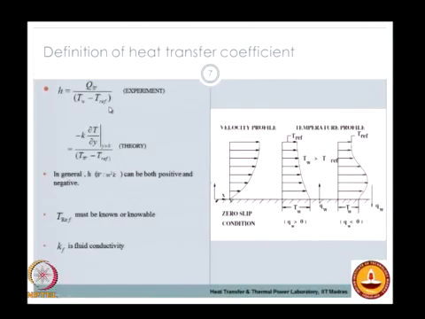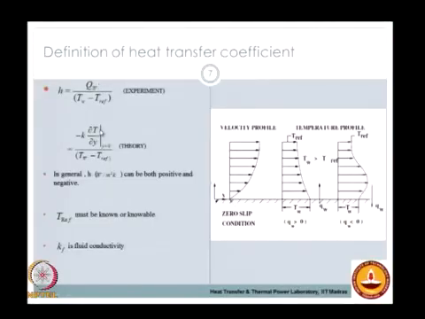In the case of external flows, we will use the free stream temperature T infinity as the reference temperature. So your heat flux at the wall is essentially minus k dT by dy at y equal to 0, divided by T wall minus T ref, which is your T infinity. So you can consider two cases